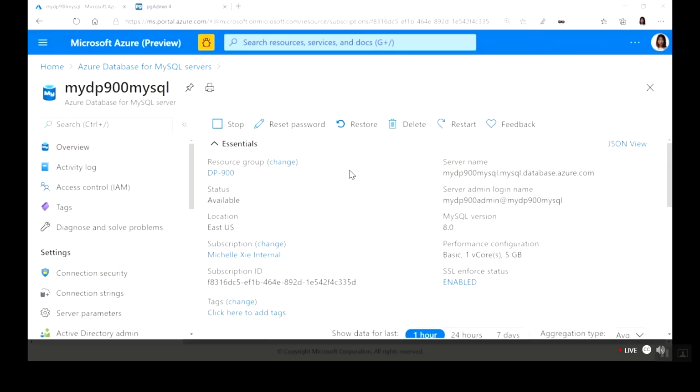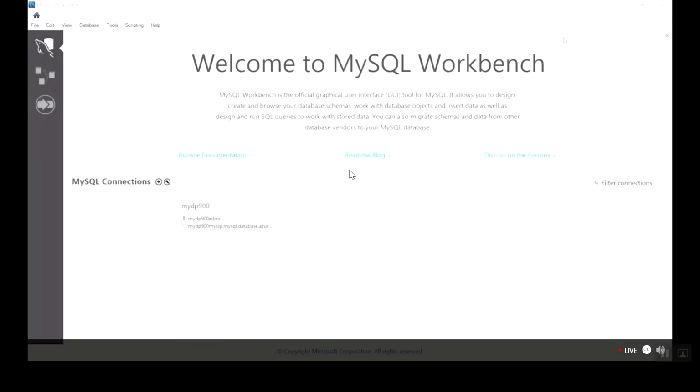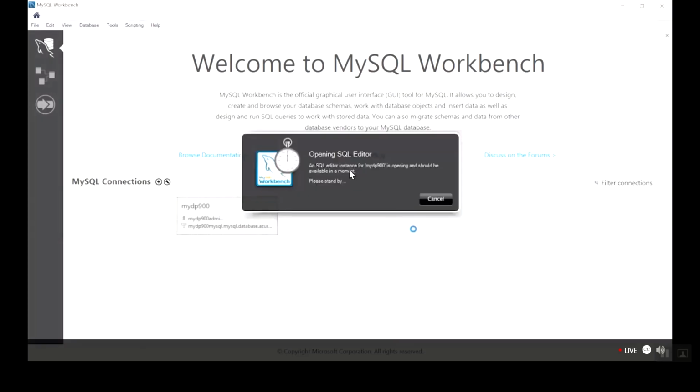So again, I've already pre-provisioned an Azure MySQL server and database that's running on MySQL, and now we're going to have a look at how we can use the MySQL Workbench to both access this MySQL database that's running on Azure and execute some queries against it. So I'm on my MySQL Workbench and I've already pre-connected to my MySQL Azure database. So I simply open up the connection